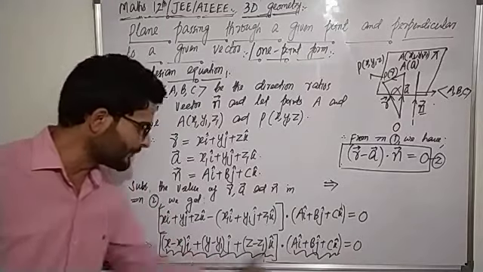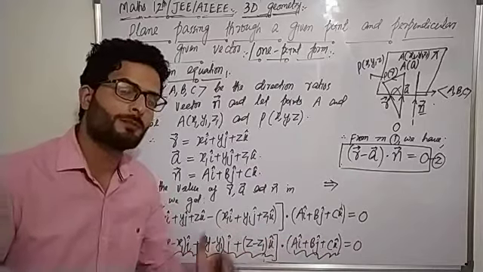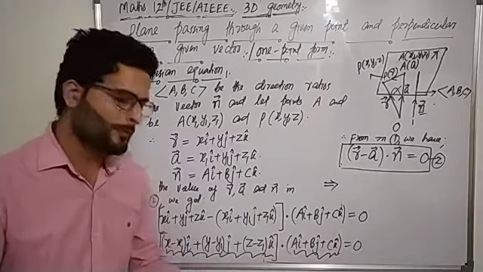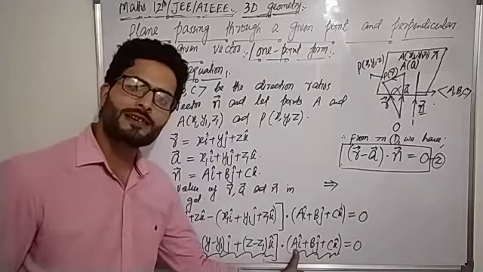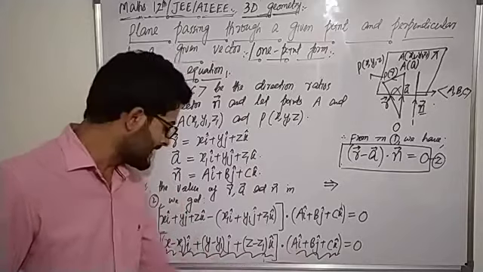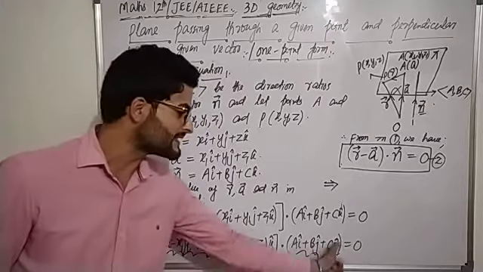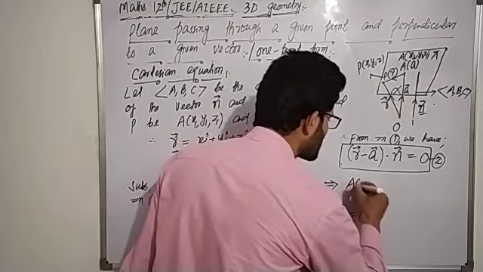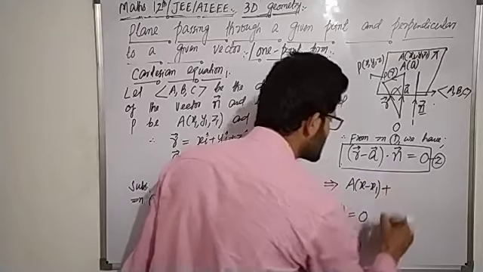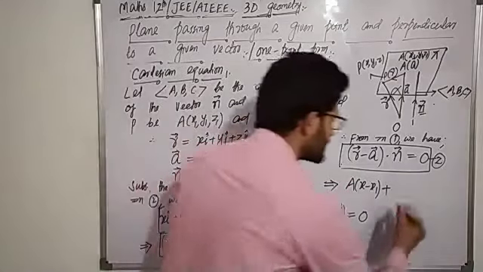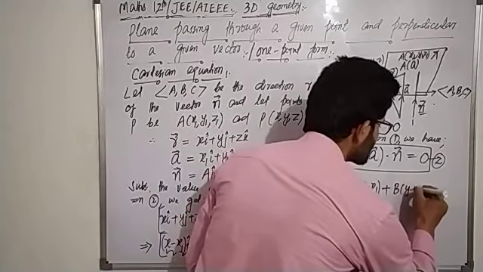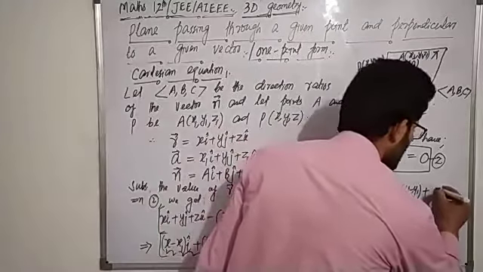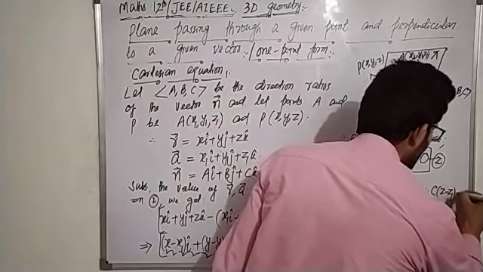The dot product of two vectors when they are expressed in terms of their components किसके बराबर होता है, sum of products of their corresponding scalar components। यानी पहले स्केलर कंपोनेंट को पहले स्केलर कंपोनेंट के साथ मल्टीपल प्लस, दूसरे को दूसरे के साथ मल्टीपल प्लस, तीसरे को तीसरे के साथ मल्टीपल। सो दैट इज a इंटू x माइनस x1 प्लस b इंटू y माइनस y1 प्लस c इंटू z minus z1 and that's equal to